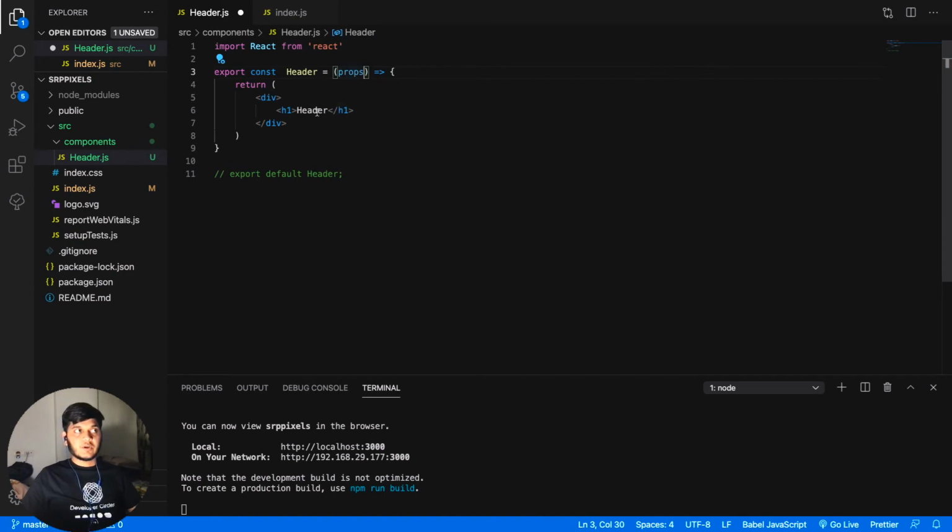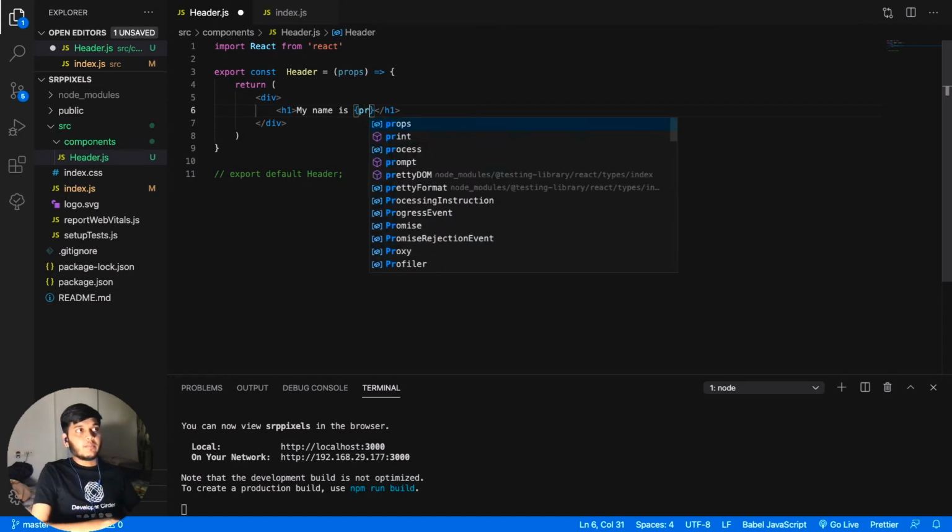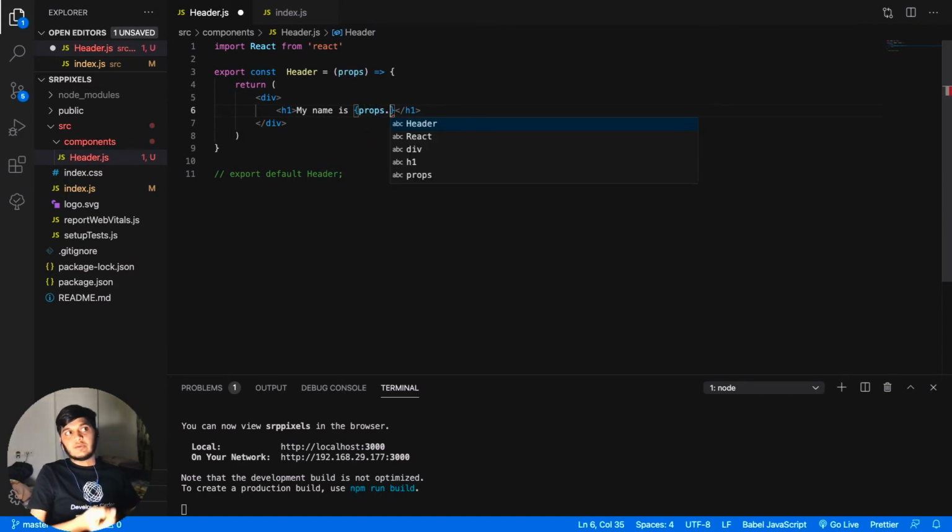Here I can just say my name is, and to mention any variable inside any HTML element in React, you have to use curly braces, and then you just have to write props dot. You have to use the dot operator. If you are familiar with Java or C++, you might know that to access any child component we mention it with a dot. So props.name will be passing the name of the user here.